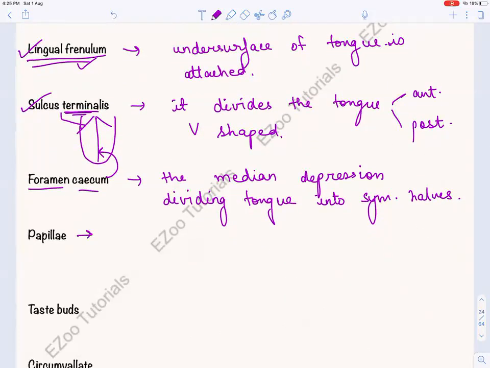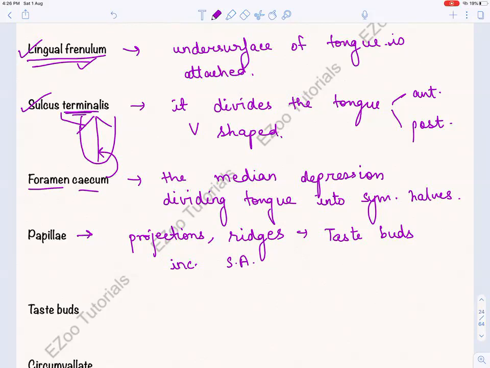What are these papillae? Papillae are some projections. Okay, these are projections, or you can say ridges, and these projections have taste buds. First of all, they have taste buds, but they also increase the surface area, right? They're increasing the surface area, and they have taste buds, right? So